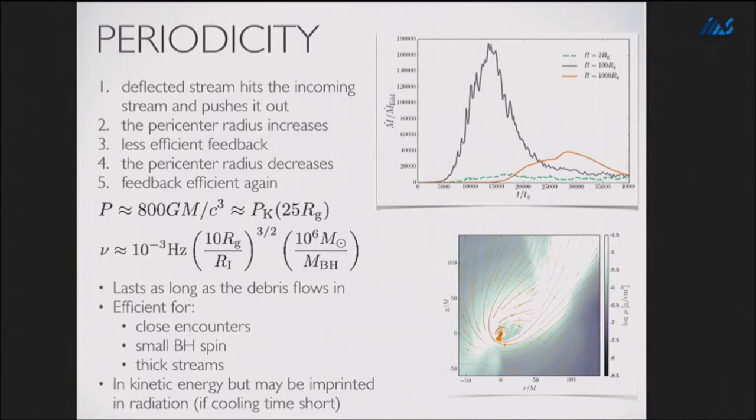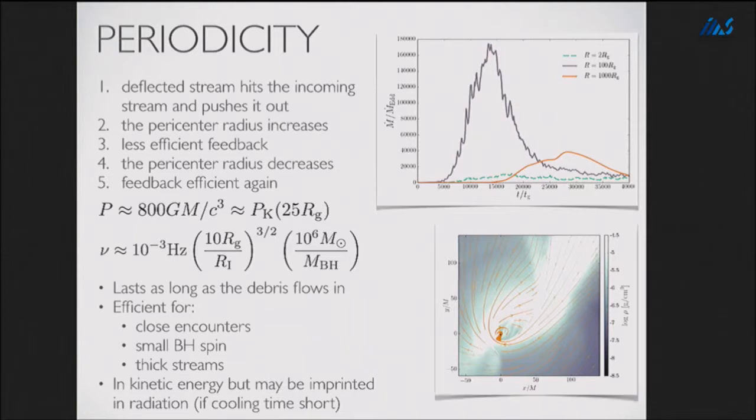Such a periodicity will be visible or efficient only in case of a close encounter, where the kinetic energy of the precessed flow is significant when compared to the energy in the incoming stream. But it also requires zero black hole spin, or at least, if the black hole spin is not zero, that the plane of the incoming star coincides with the plane of the black hole spin. So there are some conditions that have to be satisfied, but it is possible, and this is what we see